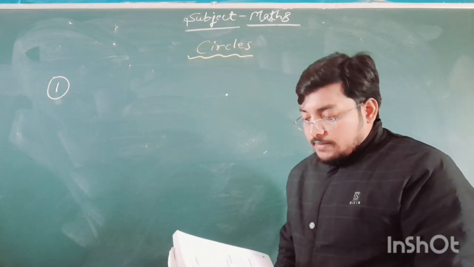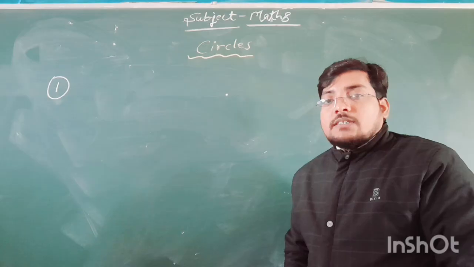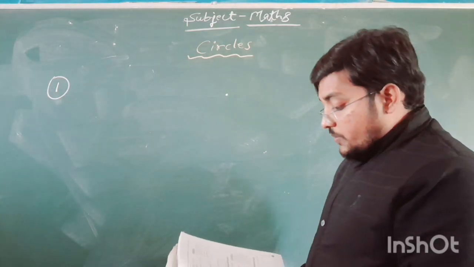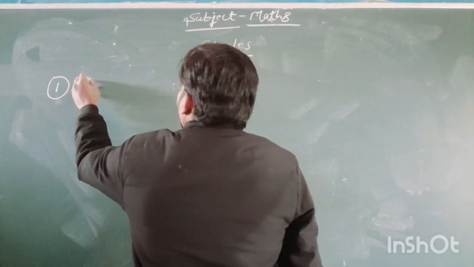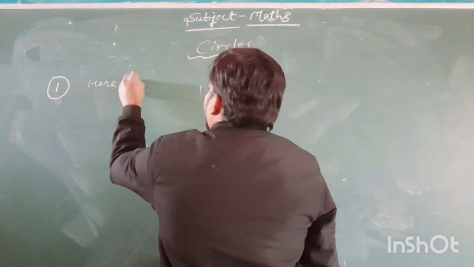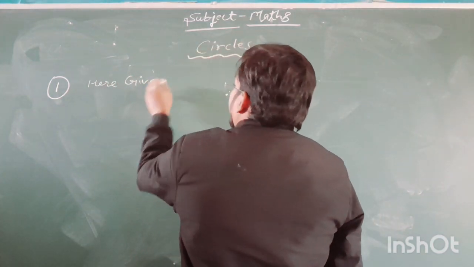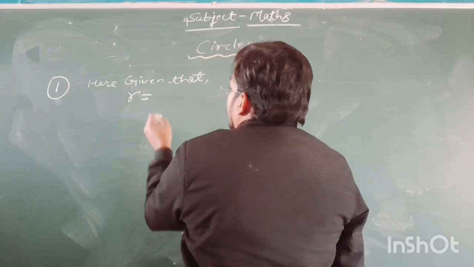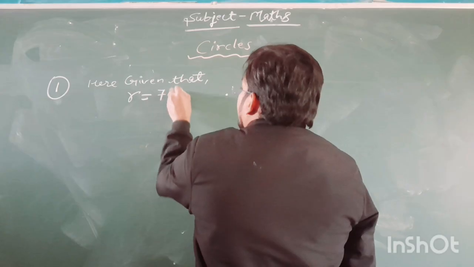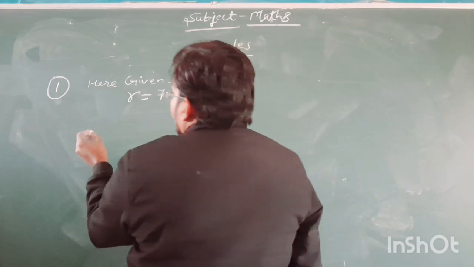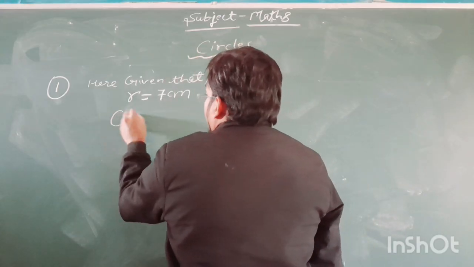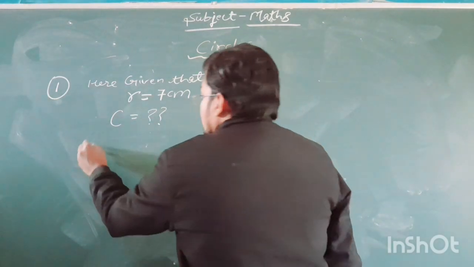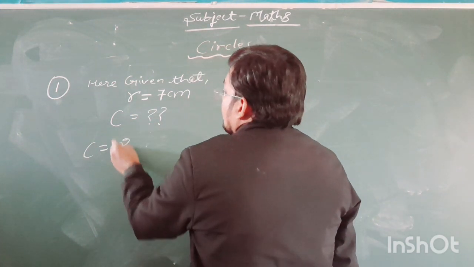Here we are given the radius of a circle, which is 7 cm, and we have to calculate the circumference of the circle. So given that radius of a circle is equal to 7 cm, we have to find C, the circumference of the circle. Circumference of the circle is equal to